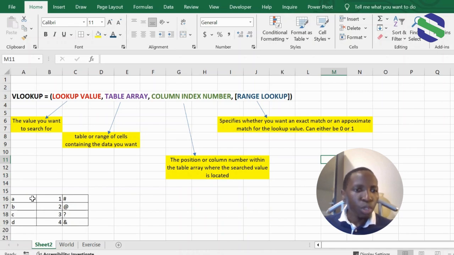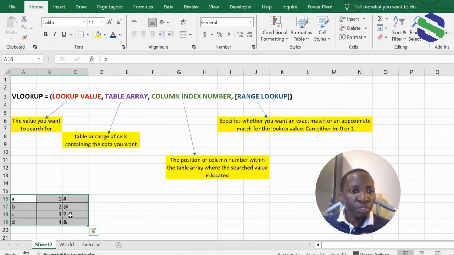What if we want to find the corresponding special character for alphabet C? What this means is that the lookup value is C. The table array is this range of cells A16 to C19, while the column index number is column 3,